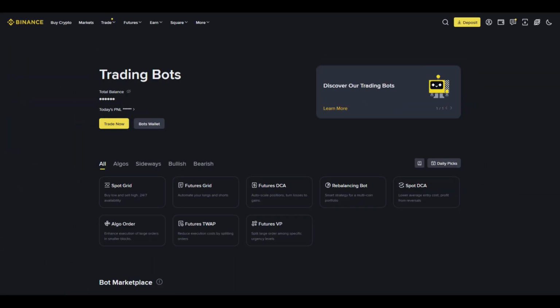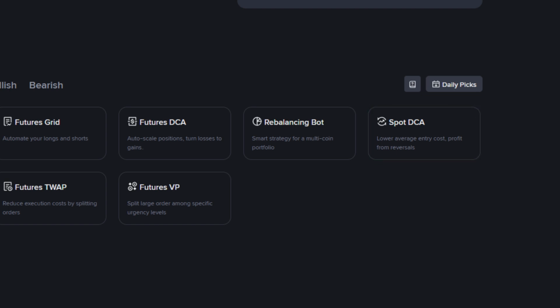For a long time, this bot was only available on Binance for spot trading, but recently they announced the new